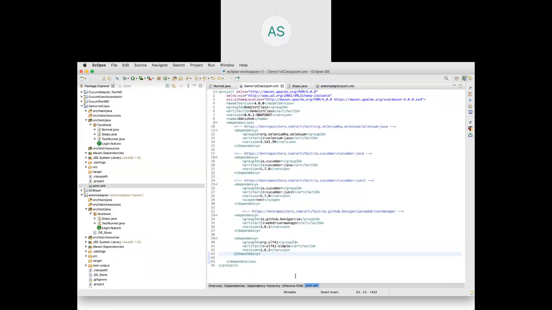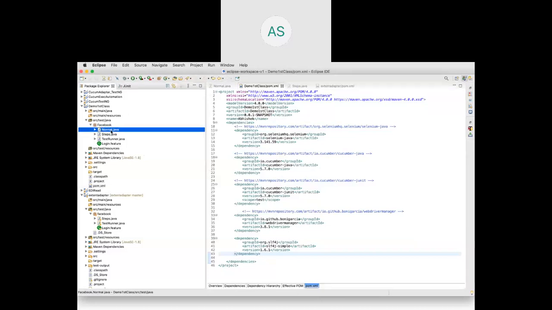I also used a couple of other dependencies like WebDriver Manager, which will identify the Chrome version on my machine and download the driver inside the project, and it is going to work with the Chrome browser. In this case we don't have to explicitly download any Chrome driver and put it on the machine. The WebDriver Manager is going to take care of it.